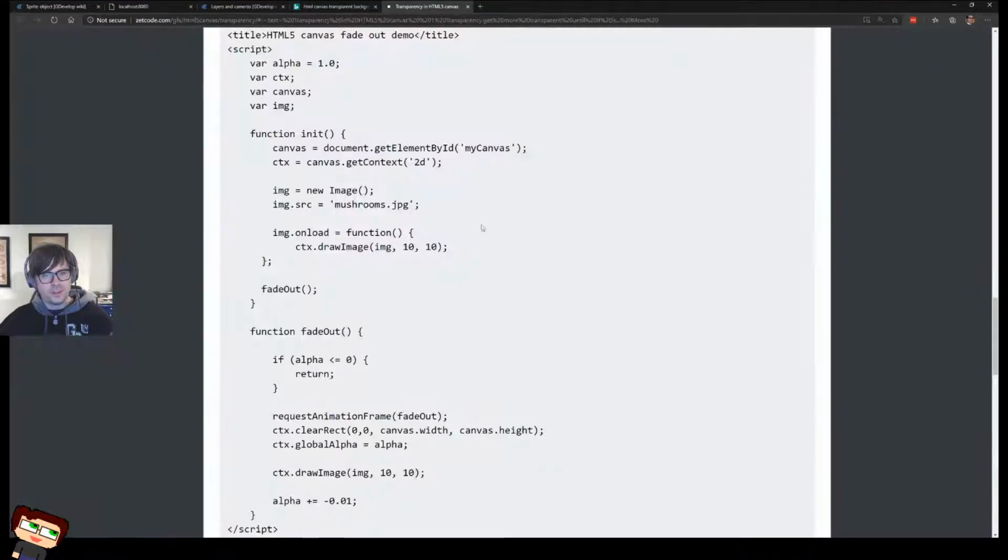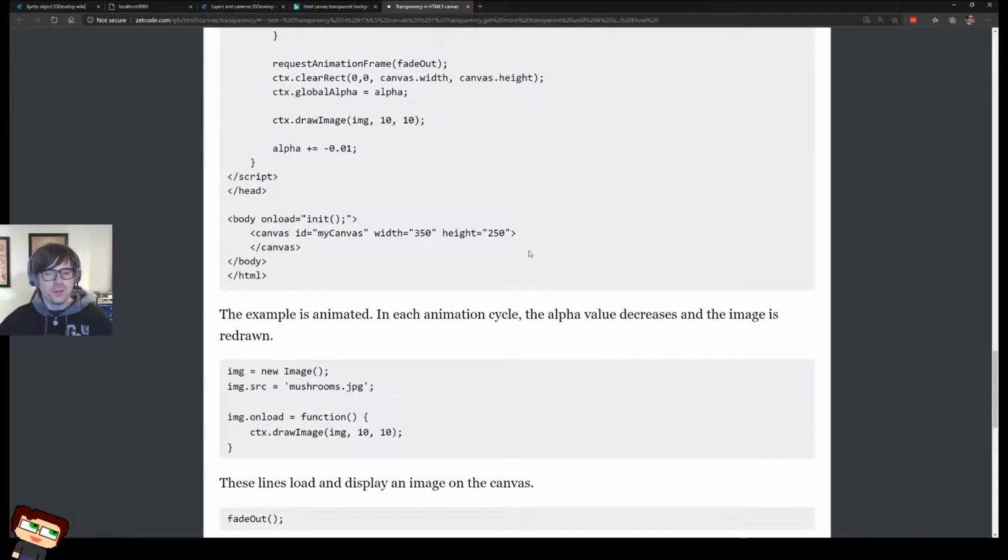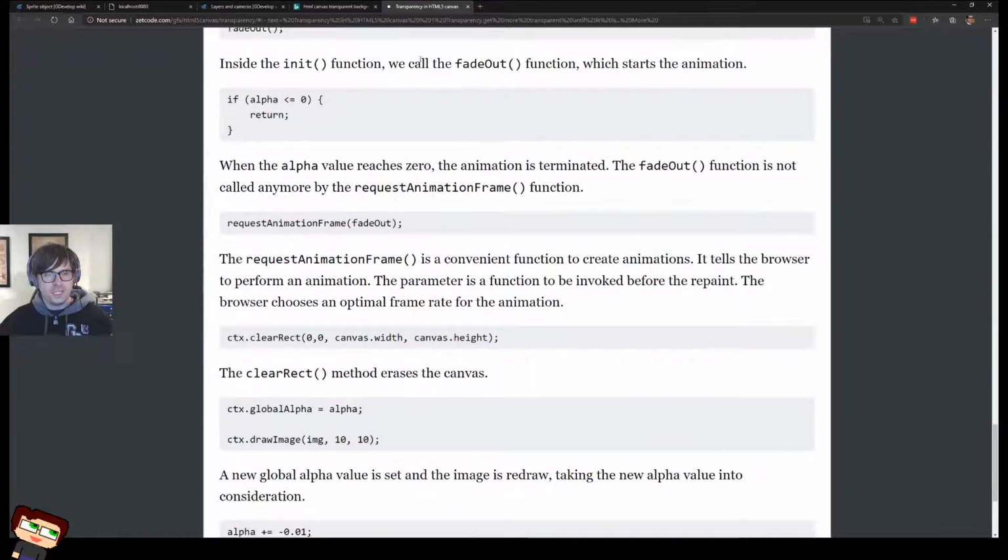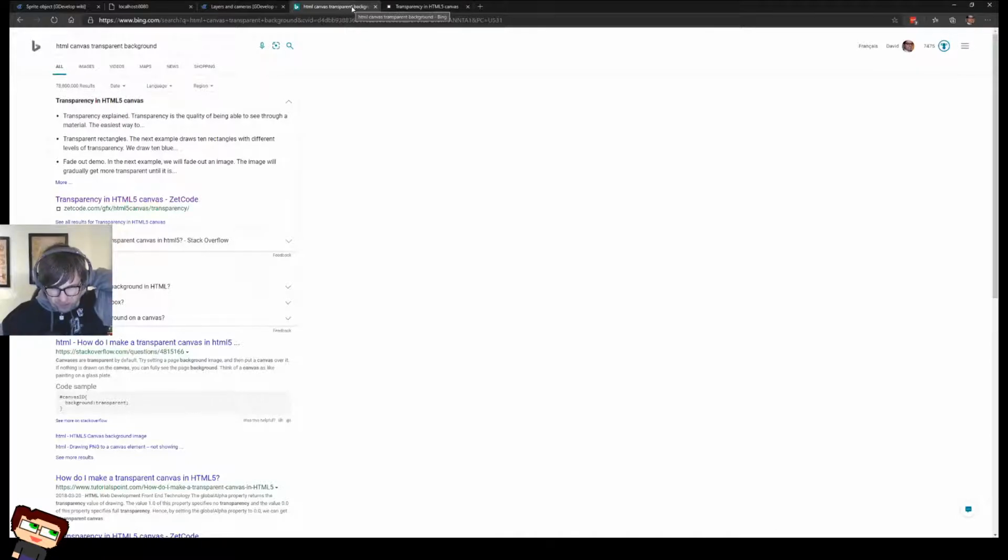So transparency is doable if I get into the JavaScript side, but I don't really want to do the JavaScript side. How do I make a transparent canvas? See, I guess that's the thing. I don't necessarily want the whole canvas to be transparent. What I want is that one layer to be transparent.